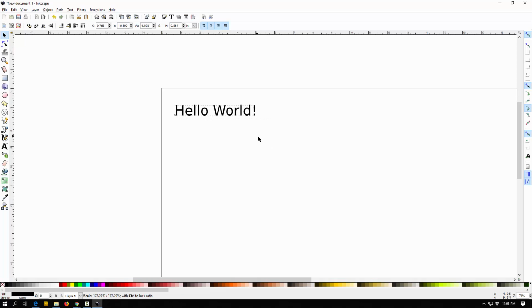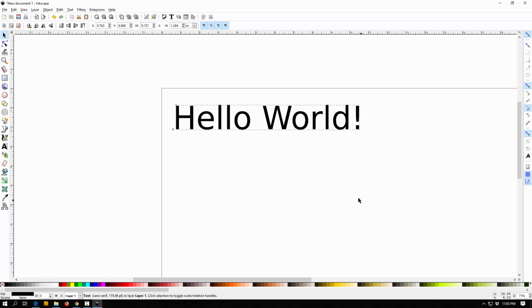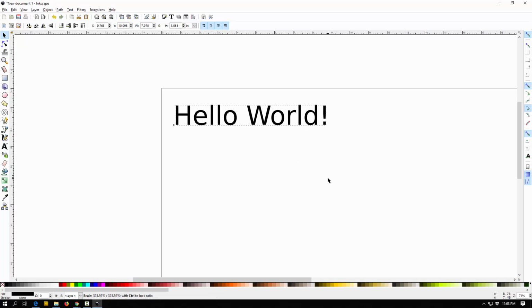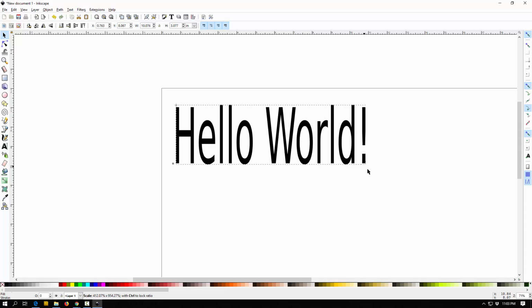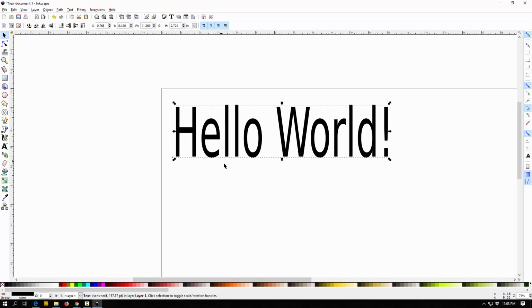When you resize something and hold down Control, it keeps the ratio of the height to the width the same, so it doesn't squish it. It just makes the whole thing bigger. If I don't hold down Control, it's going to squish it or stretch it or do weird things. If I want to edit my text, I just go back and select it and click on the